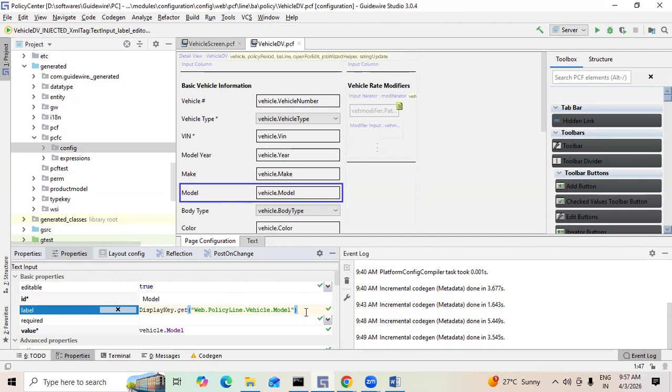Where can you find the vehicle model? Because vehicle model we have taken. In this vehicle model, the vehicle label details will be updated. Display.key.get web.policyline.vehicle.model. Here we have to update the label details